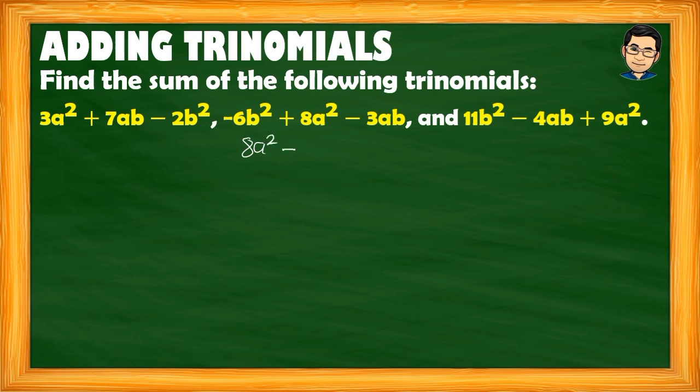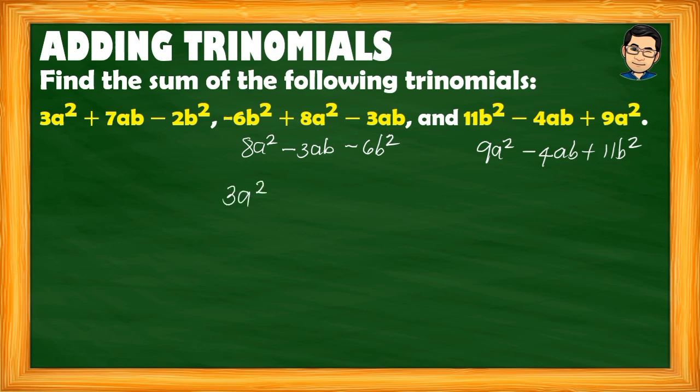And then, negative 3ab. So, kahit na may b po yung ating second term, nauna pa rin naman po sa kanya yung variable a. So, next, negative 6b squared. Yung third trinomial naman natin, 11b squared minus 4ab plus 9a squared must be written as 9a squared minus 4ab plus 11b squared. Ayan, nakasulat na po lahat sila sa standard form. So, pwede na po natin i-add